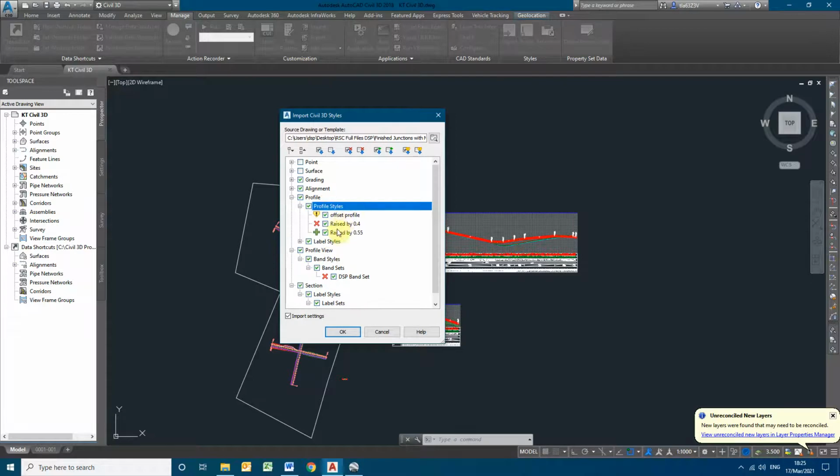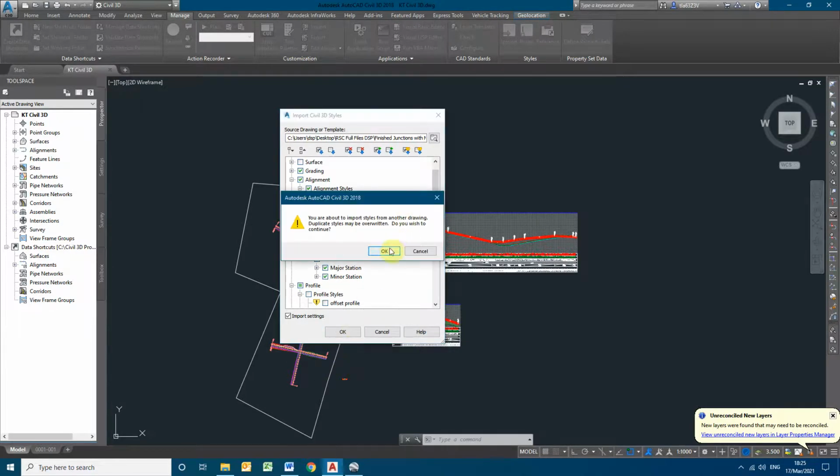All the files we take will be replaced in the current project. If you don't want some file, you can even untick it. Just click OK for whatever files you want.